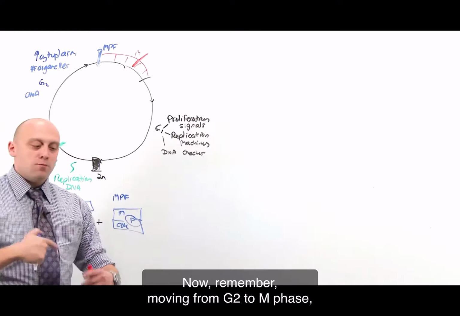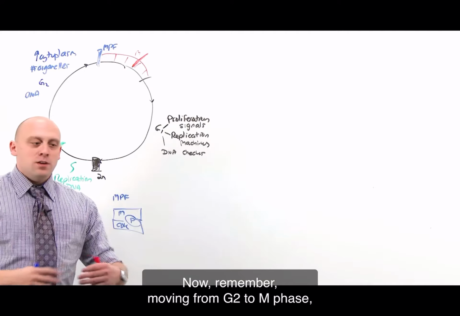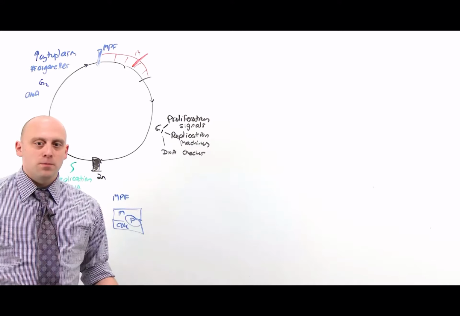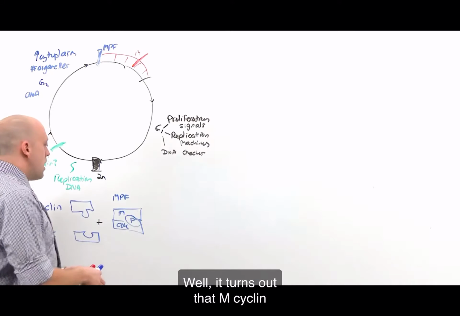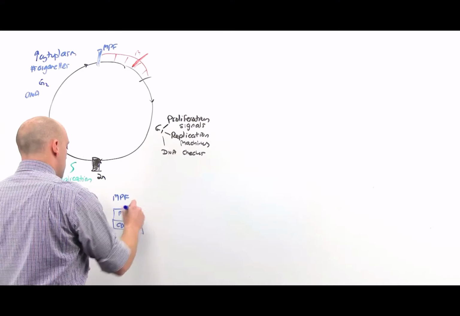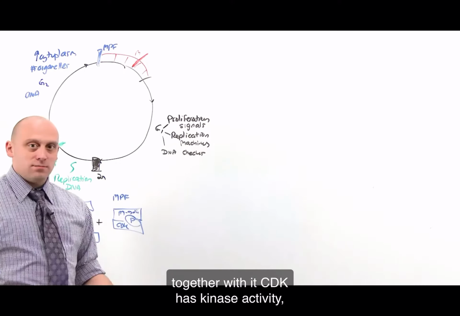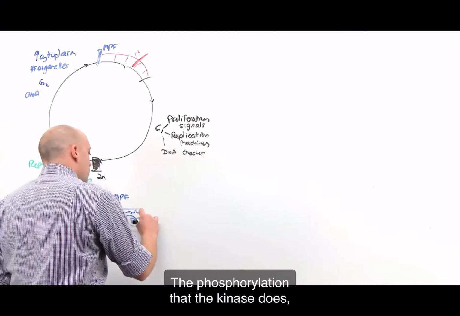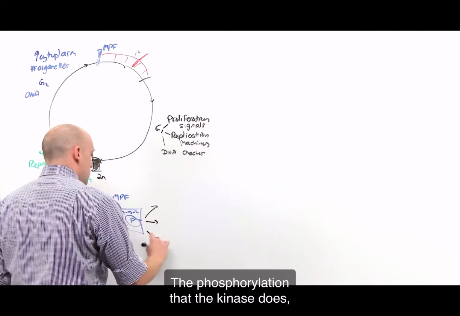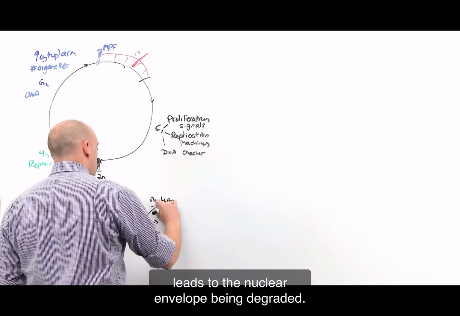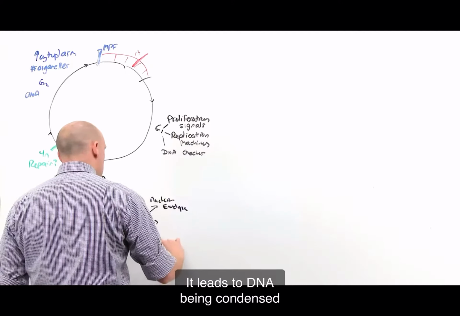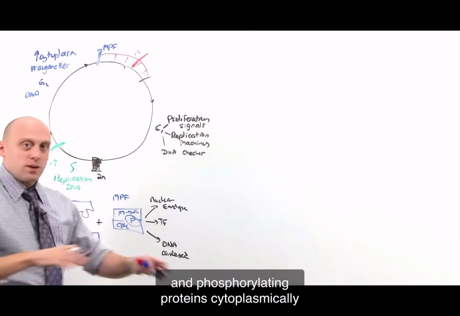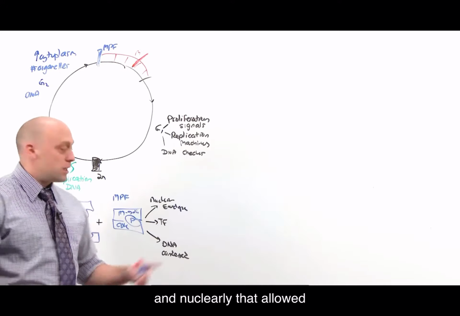Now remember, moving from G2 to M phase sees the nuclear envelope break down, the DNA condense, and the mitotic spindle form. How does it know to do that? Well, it turns out that M-cyclin, together with its CDK, has a kinase activity. The kinase activity is turned on by binding its cyclin. Well, the phosphorylation that the kinase does leads to the nuclear envelope being degraded. It leads to DNA being condensed. And it leads to other transcription factors and phosphorylating proteins cytoplasmically and nuclearly that allow all of the process of